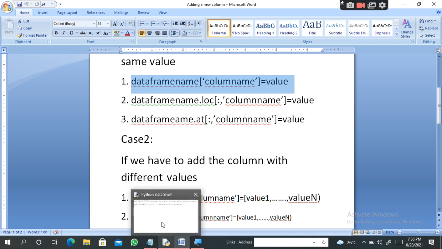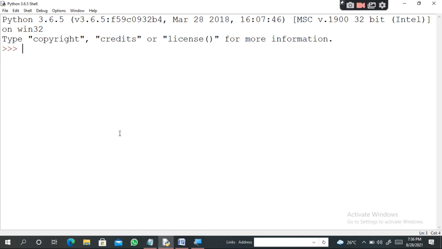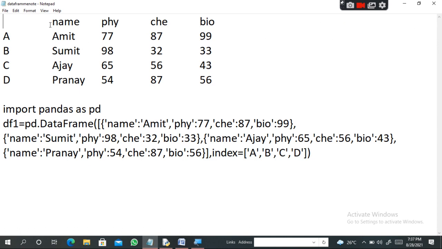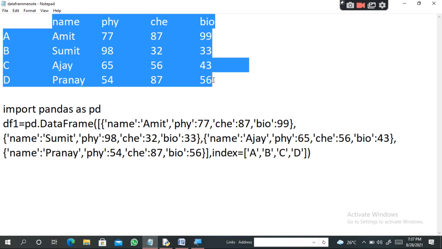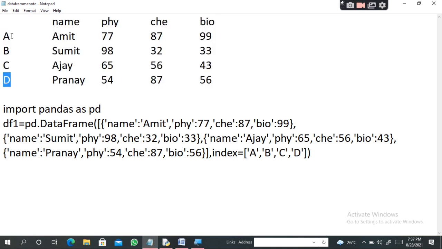So I'll go to Python. Let me import pandas as pd. Now this is the data frame that I've got. The columns that we have got are the sections, and these are the marks, the name and the marks.